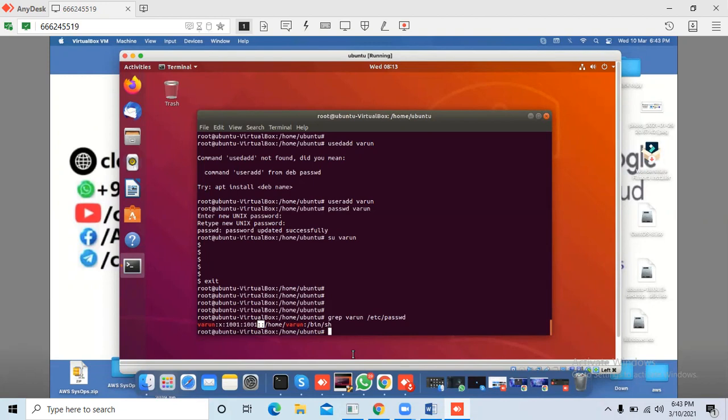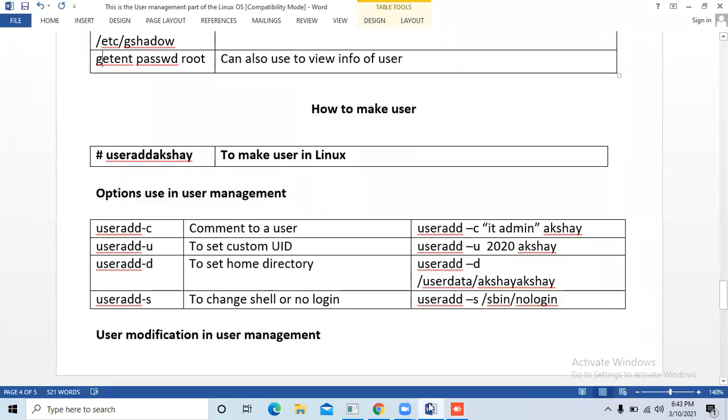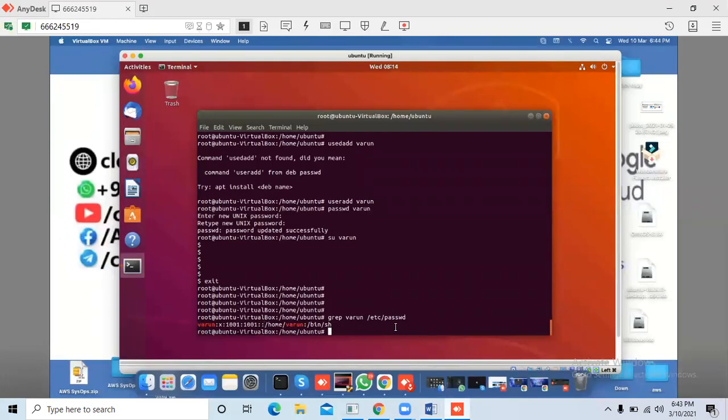So I comment with useradd -c for the comment. That means it comments the Varun user. Sorry, the user is already added.